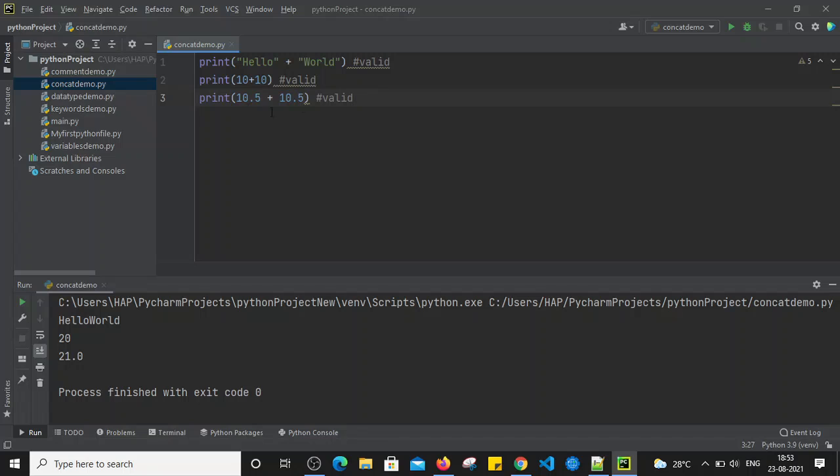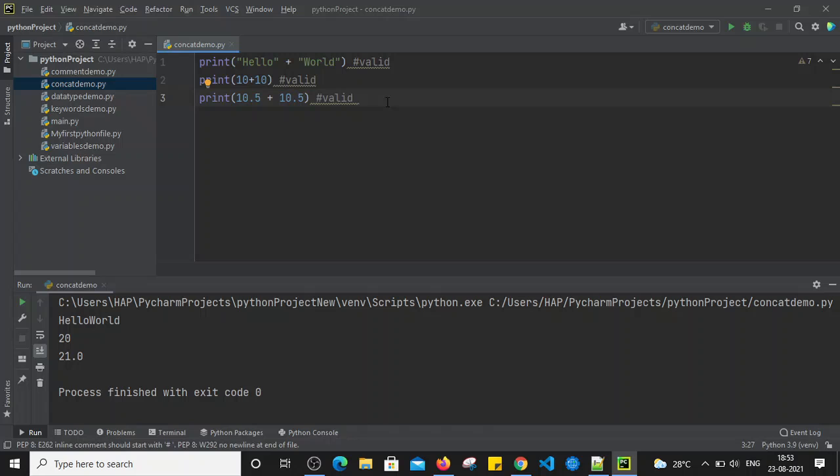In this statement, we have added two float numbers together. In Python, we can concatenate same data types, but we cannot use different data types for the concatenation. That we will see in some time.